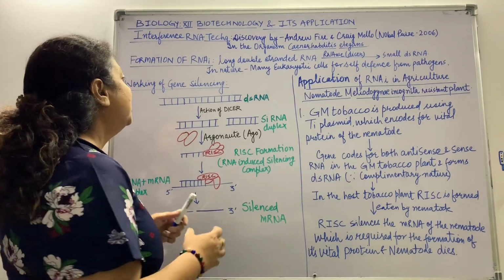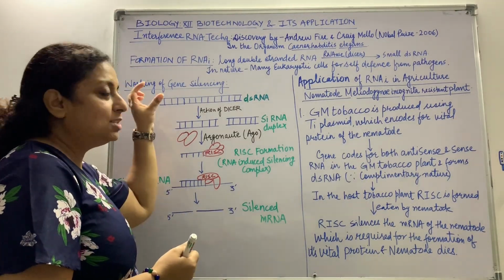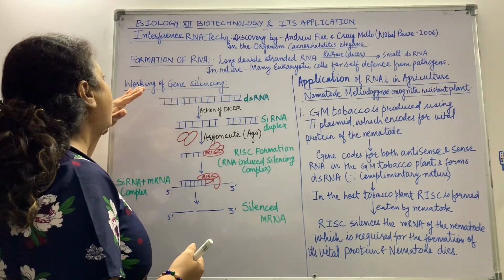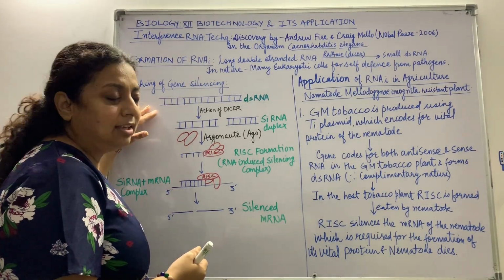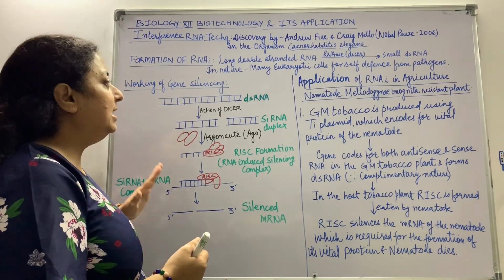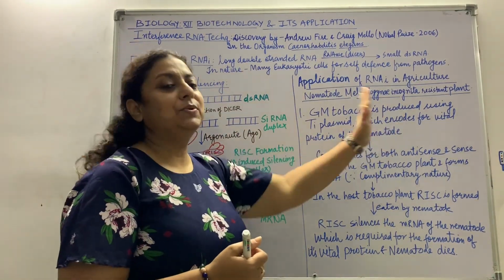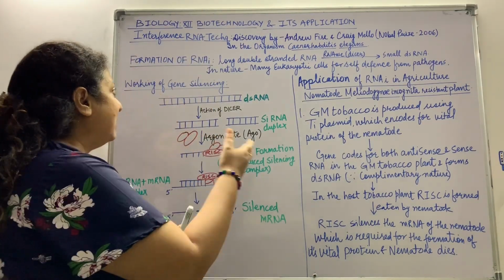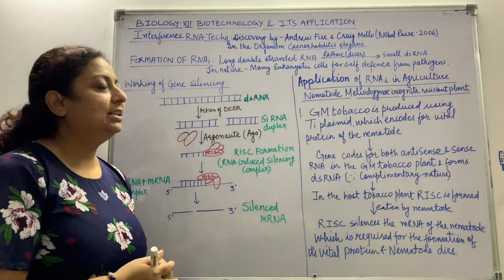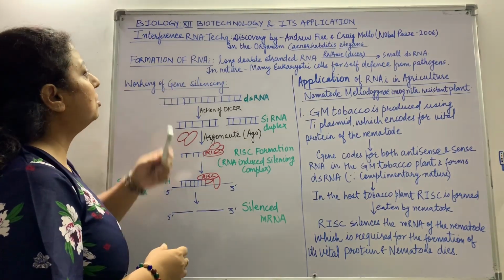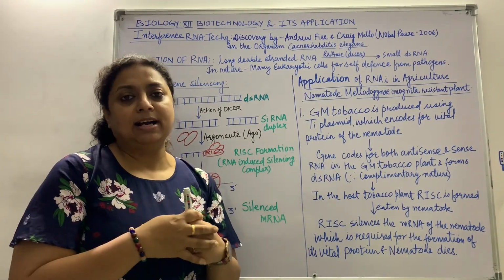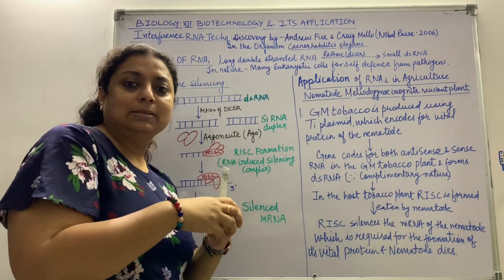Let's talk about it. The class is divided into some small portions: how the formation of RNAi takes place, how the working of gene silencing in nature takes place, and then how we have applied it to produce the pathogen resistant crop, the tobacco plant particularly, because it is there in the NCERT. So formation of RNAi is that whenever we have a long double stranded RNA, it is automatically